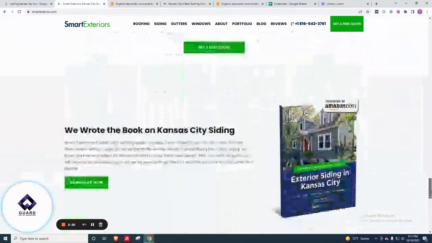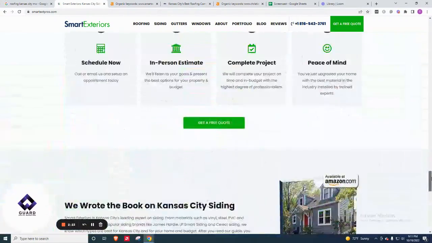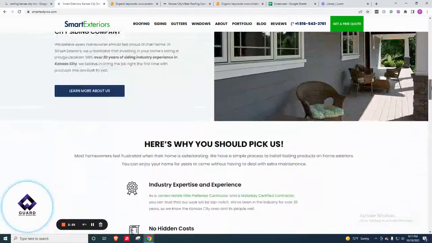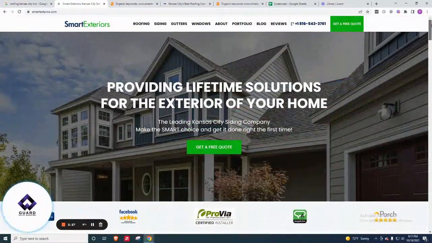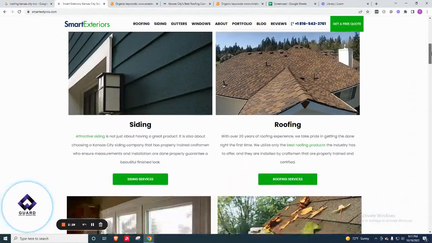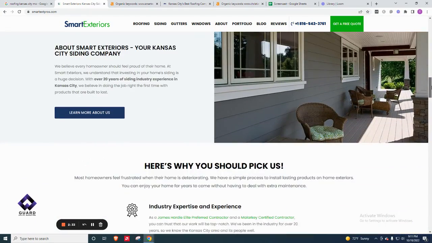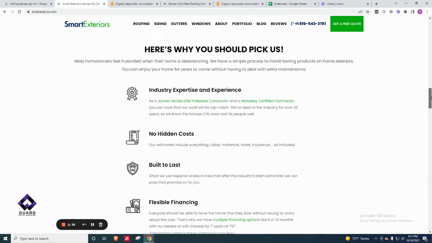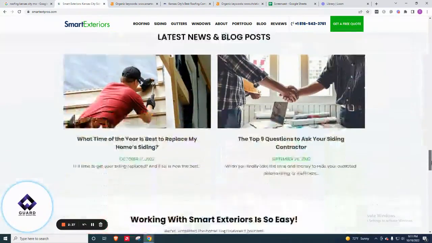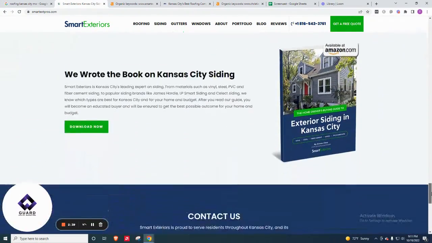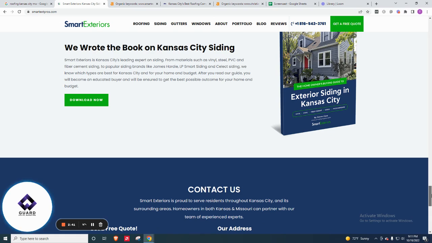Now, I always like to look at homepages for one main reason. There's a sweet spot when it comes to content on a homepage through Google and their algorithms, and that is 1,500 to 2,000 words of content on your homepage alone. So as we do a quick scroll through here, it looks like we're going to be slightly shy of that 1,500 to be able to get within